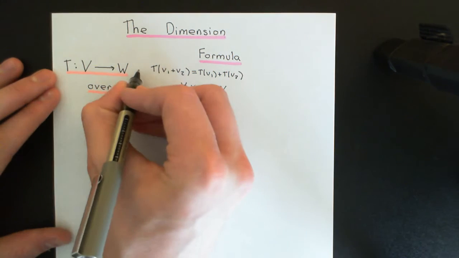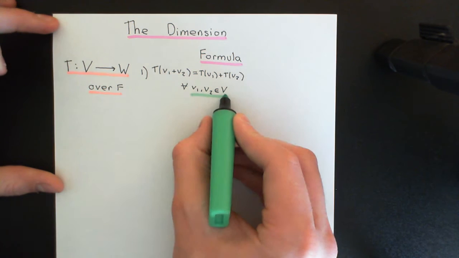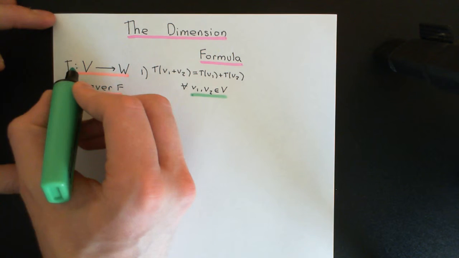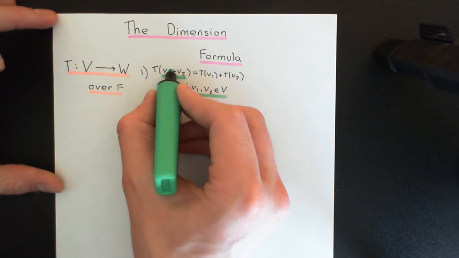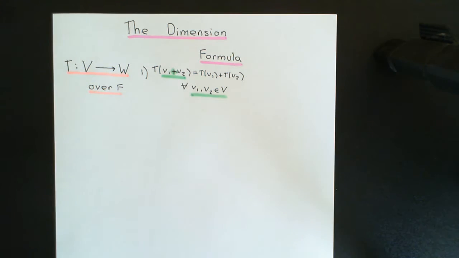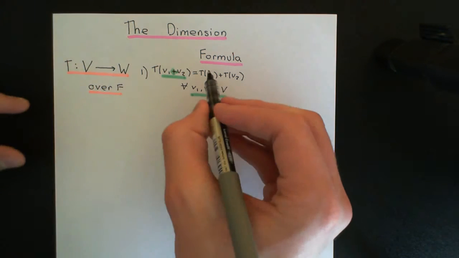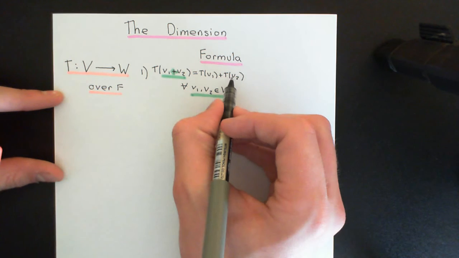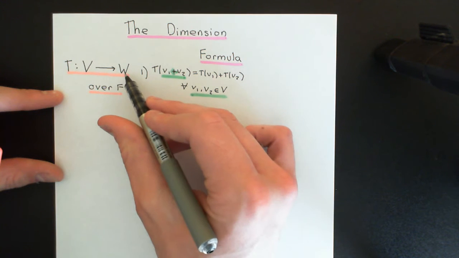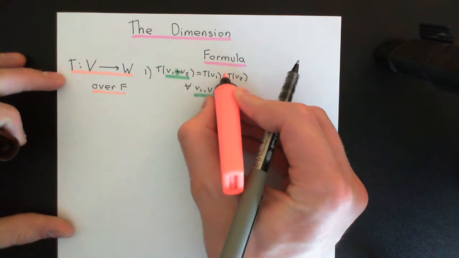Okay, so this is property number one here, and what this is saying is that if you take any two vectors you like from the domain vector space capital V over here, and you add those two together in the domain vector space, so V1 plus V2 in the domain vector space, and you then ask what is this addition of these two vectors mapped onto in the codomain vector space, the answer has to be the same as if you firstly map V1 into what it is in the codomain vector space capital W, and you map V2 onto what it is in the codomain vector space capital W, and then add the two of them together in the